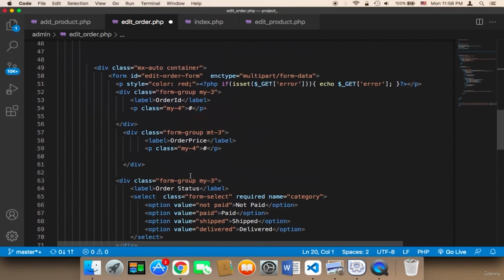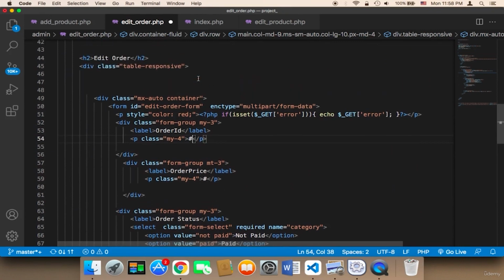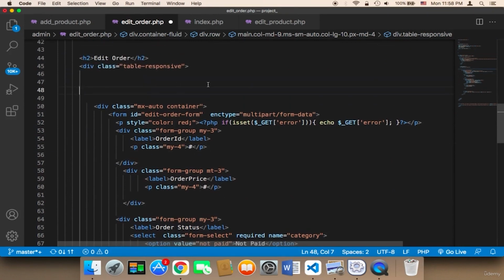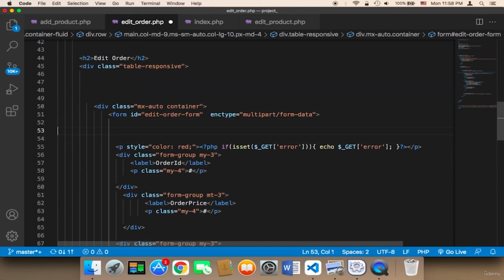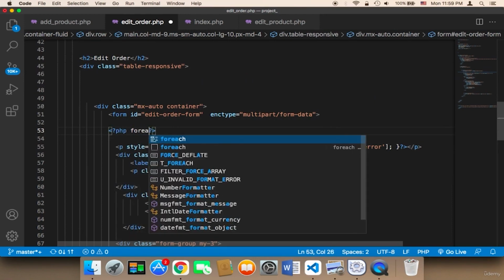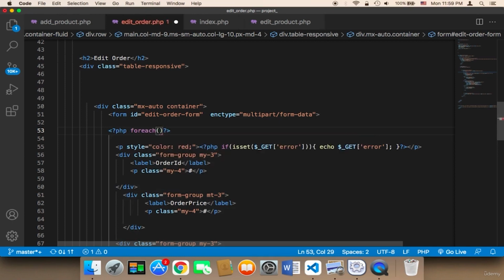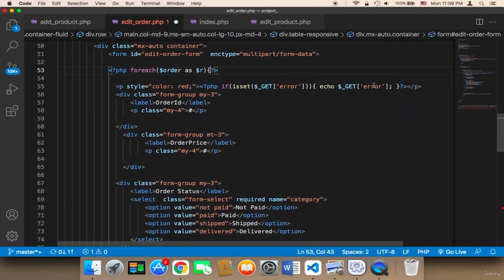So in the form, we need to say, first, inside this form, we need to say for each, even though this is an array of only one element. I'm going to say PHP and then foreach $orders as $r, because I don't want to confuse you. And then for each order as $r, I'm going to say PHP, and then echo